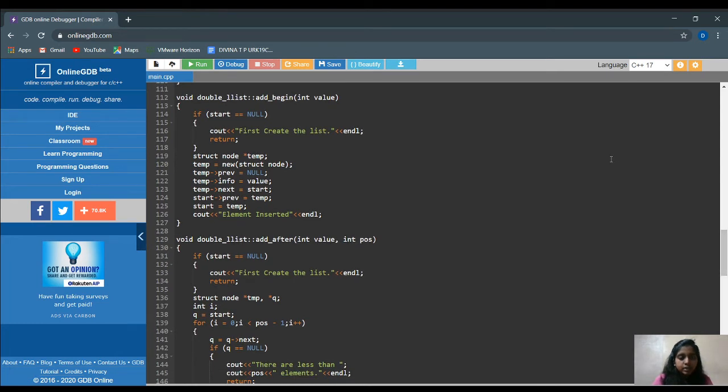Then add at the beginning, to add an element which the user gives at the beginning of the list. So if start is equal to null, it will ask you to create the list first, because if the list has at least one element in it, you can add an element at the beginning. If not, you have to create a list first with an element. So here